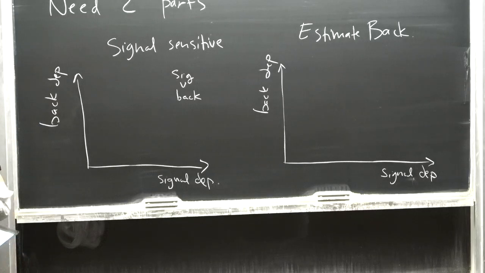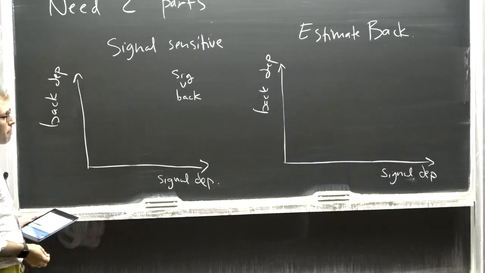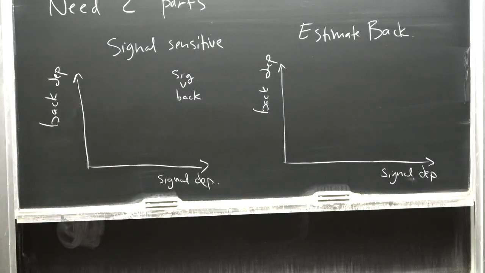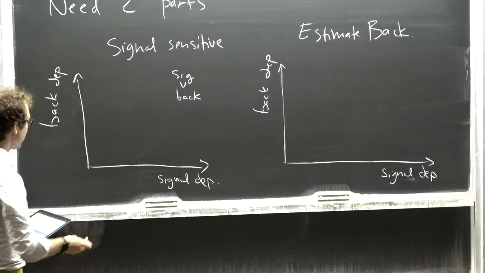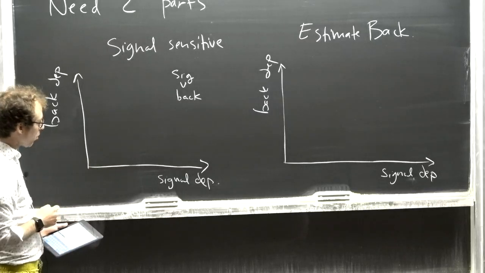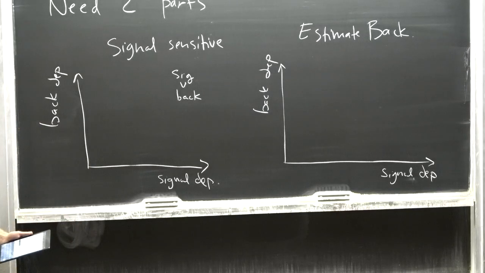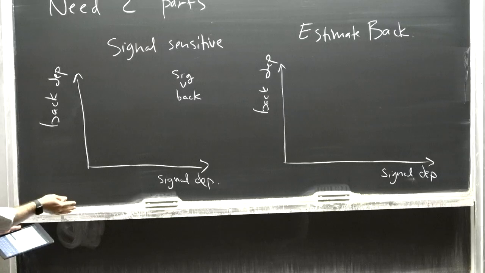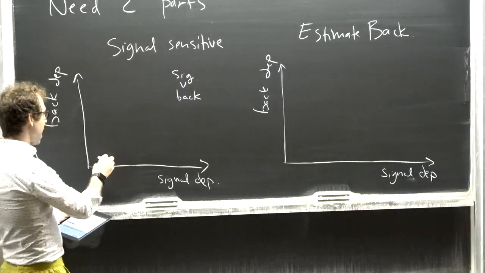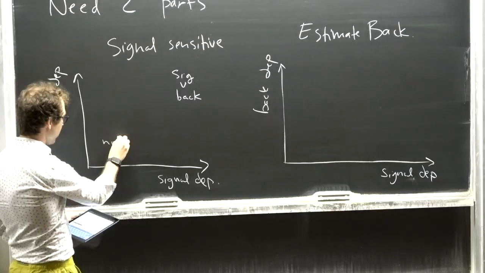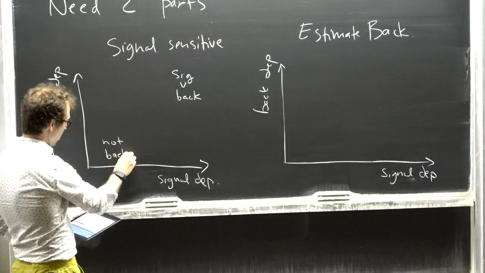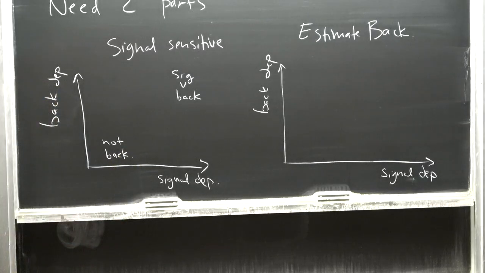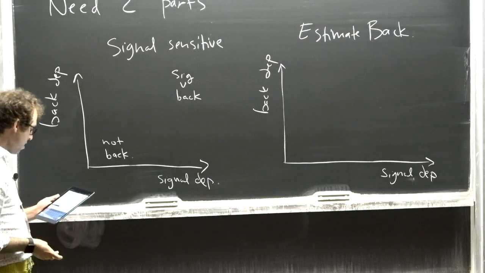Then there's a series of other approaches, which is what I want to talk about today. I'm going to give them machine learning names in a little bit, but for now, let me just give them colloquial names. In this bottom corner, the way to be insensitive to the signal you're trying to look for would be to look for things that are not background. If I say look for things that are not background, then I'm not specifying what the signal is. I'm just saying it's not background. So that's down here.